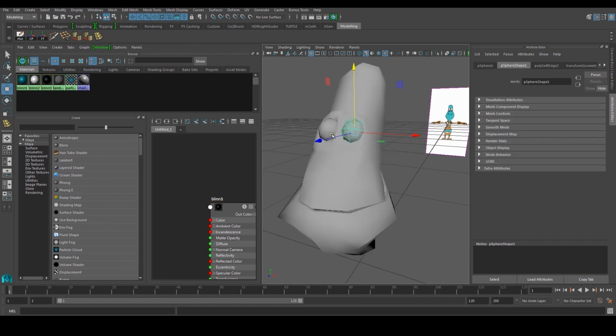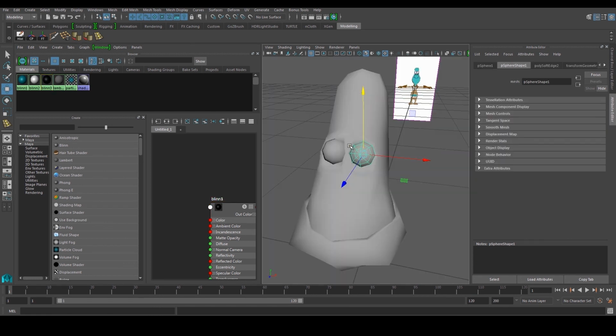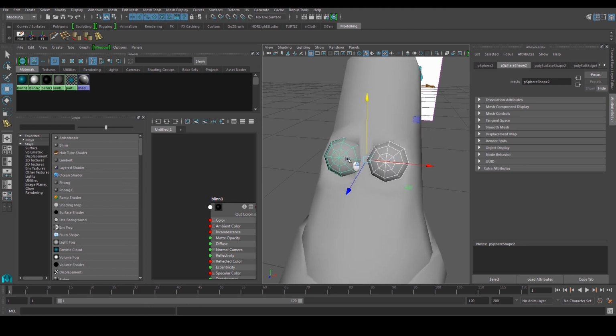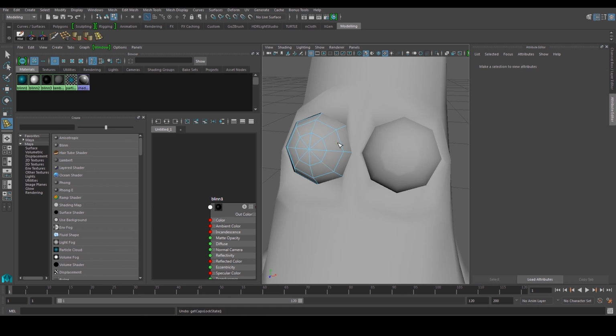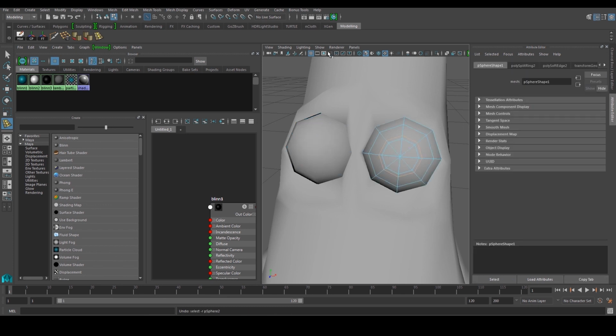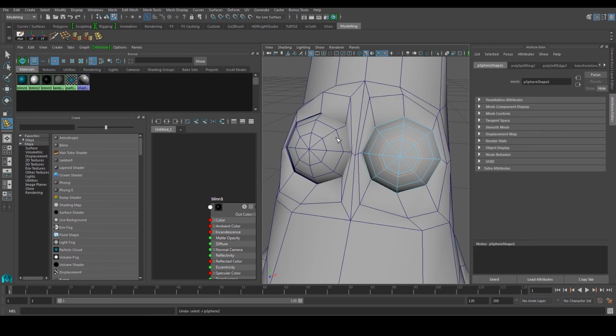Right, so what I'm going to do is perhaps I'll select both of these guys. Right, maybe before that I'll use my insert edge loop tool and have one here, one here, let me see which one's better. Okay, yeah, so one here, oops, and one here.